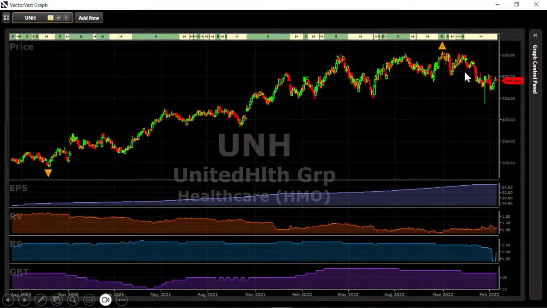Great look at stock price, bottom left to upper right. Only got to sell one time here in May of 2022, but stayed above our stop price the whole time. Buy or hold rating the entire time. Hard right edge here is February of 2023. All of our indicators still look good. Earnings growth rate above 15%. Relative safety dipped a little bit, but still at 1.4. Relative value above 1.3. Earnings per share, bottom left to upper right. If that were the hard right edge, would love it. I would love the stock anywhere in between, because look at where the indicators are through this entire period.